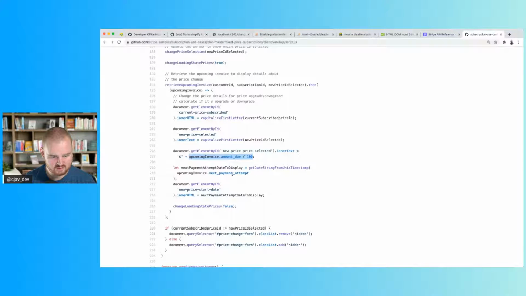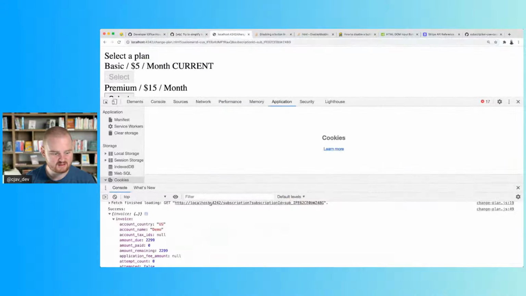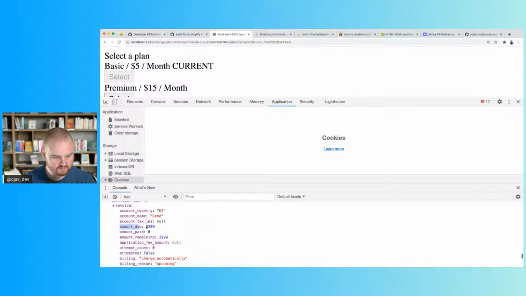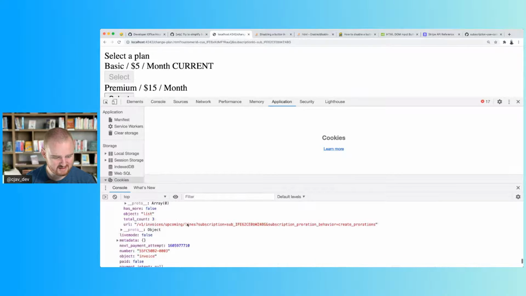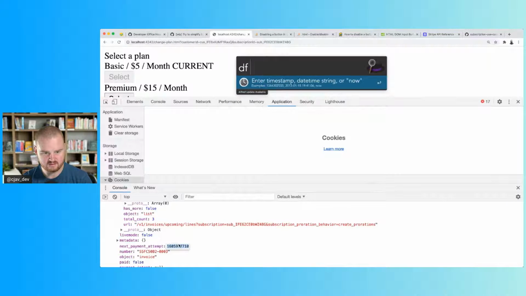We're setting the amount due divided by 100. Next price start date is the next payment attempt. So on the upcoming invoice in the previous example, we were using amount due and next payment attempt. Amount due is $22.99 and the next payment attempt is